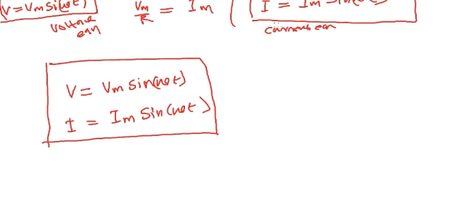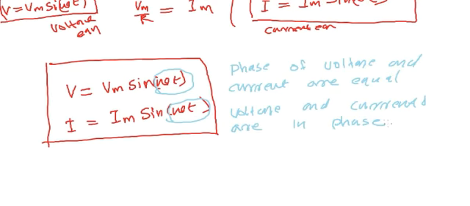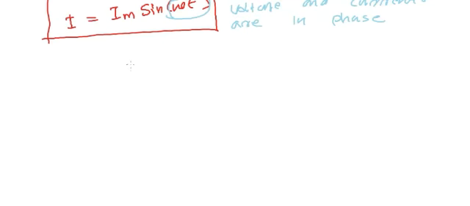Here phase of voltage is omega t and phase of current is also omega t. That means phase of voltage and current are equal, or in general voltage and current are in phase. Voltage and current are in phase. If we represent that graphically,